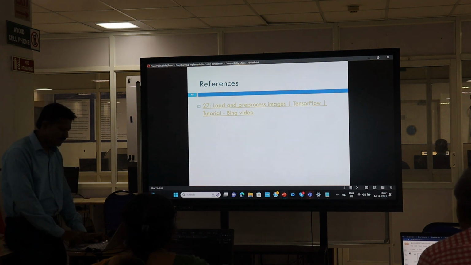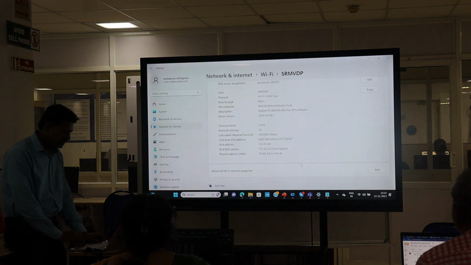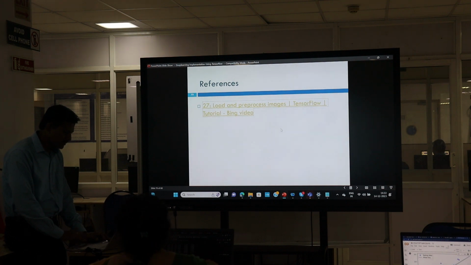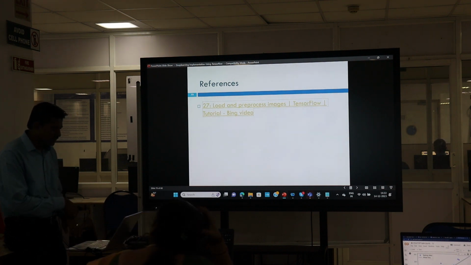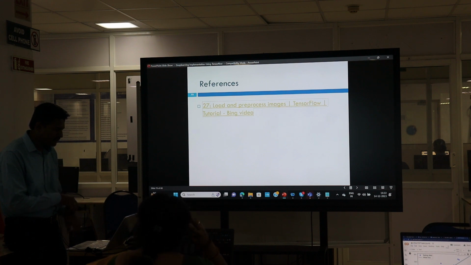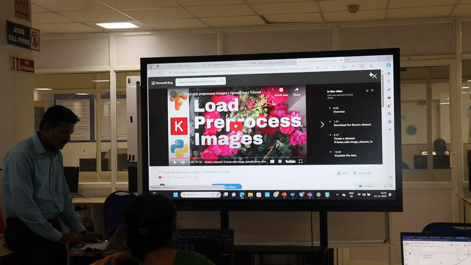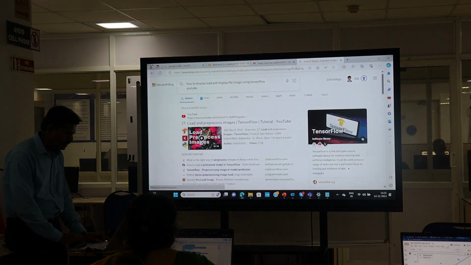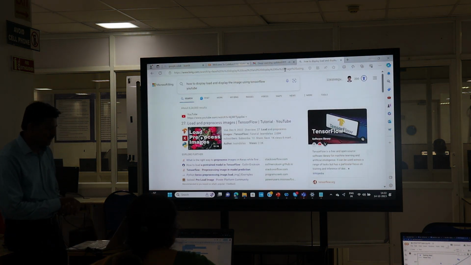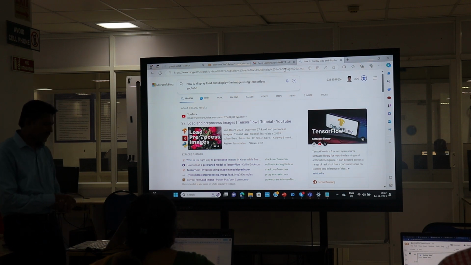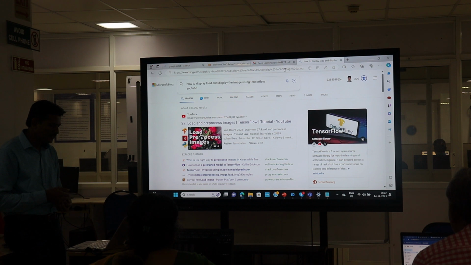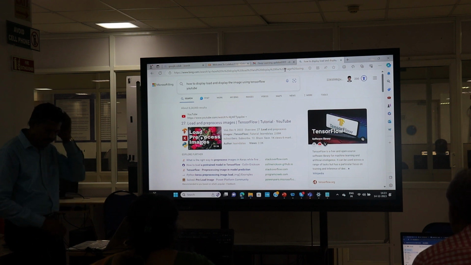There are tutorial sites available. This is one of the references for loading the data sets as an image or video. You can use this wherever you have material. You can go through it to load the data sets from external websites and keep them locally. Then you can create the mathematical linear model. Then you can use that data set in your algorithm.